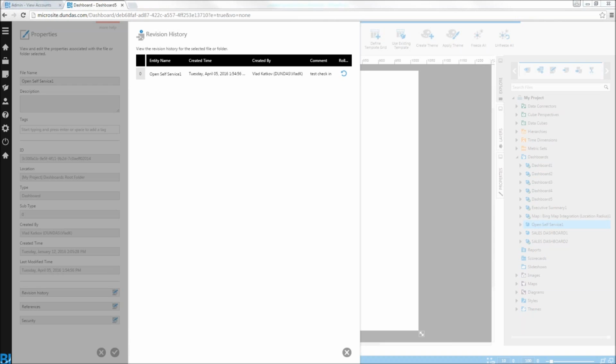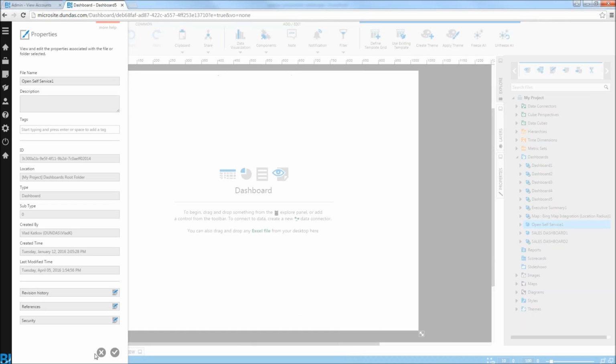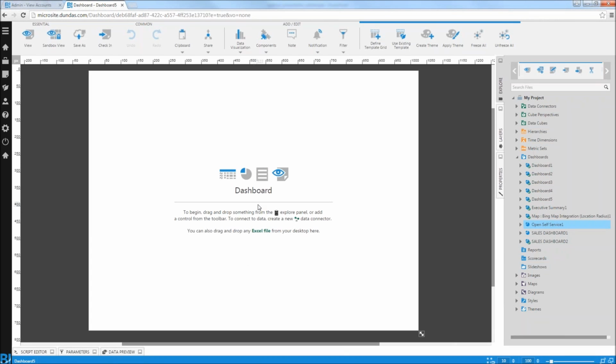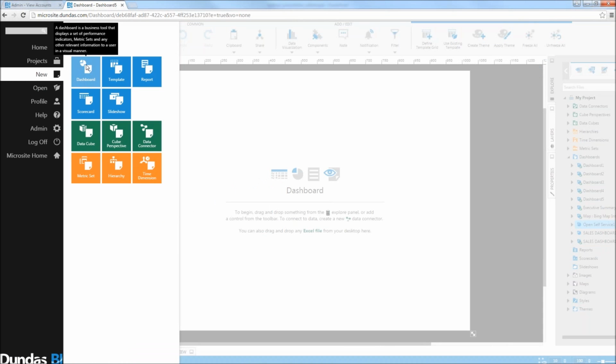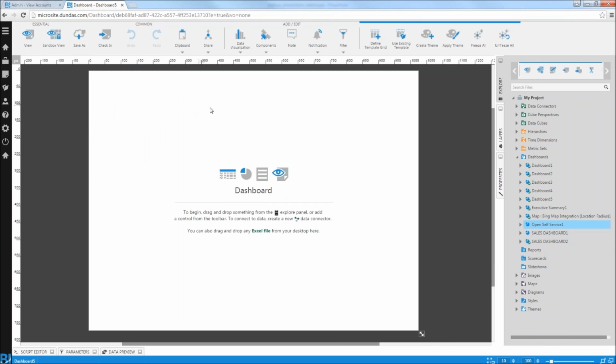Okay, so another question that has been asked in terms of report. I have been mentioning the word report quite a bit, I would say dashboard and report. So Dundas BI does have the concept of dashboards and reports. And as you can see, dashboards are, if I actually, I'm going to log back in as the